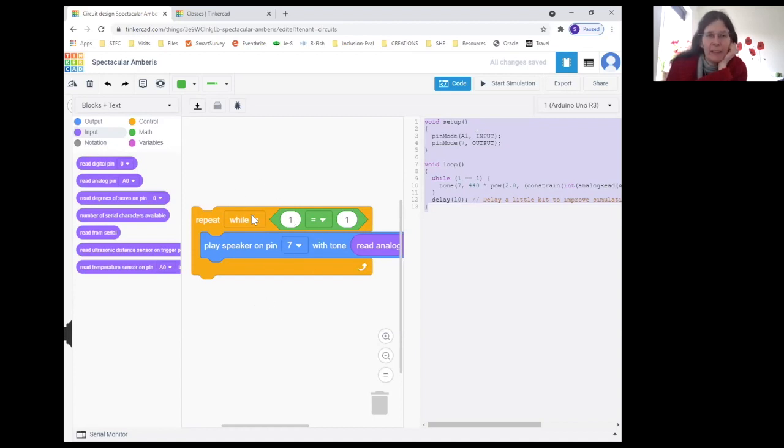Now, it's a lot easier building things with blocks, but once you've got the blocks, you can then tweak the text here. So you can see this bit is saying pin 7 is going to an output, so it's going to our buzzer. If I wanted to, I could just change that here. Once you've got that, you can copy all of this